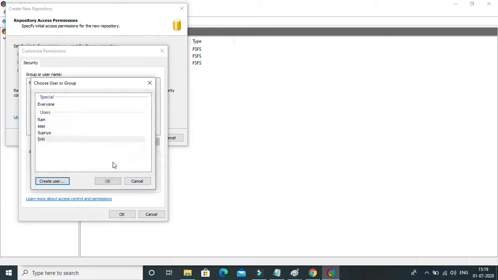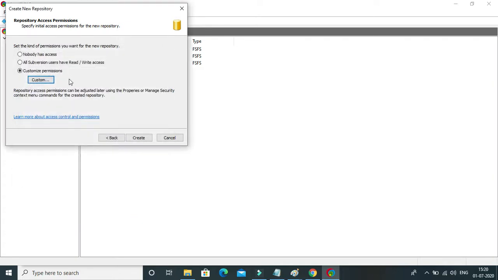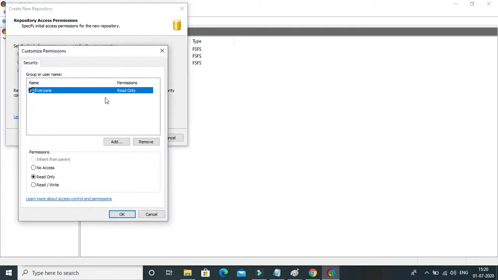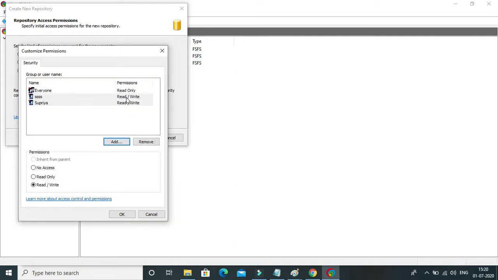I create only the svn user with read-only permission. For everyone I will change this to read only, not for everyone else. This one is for only one user, so I will select this one and give it read and write.